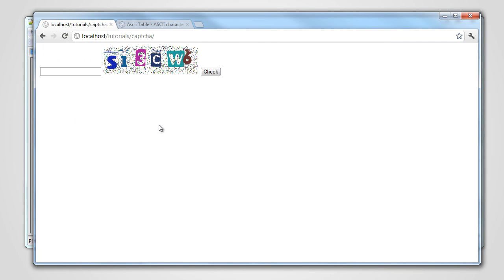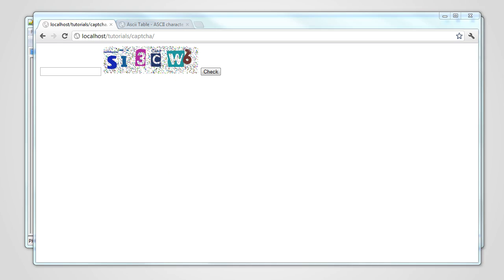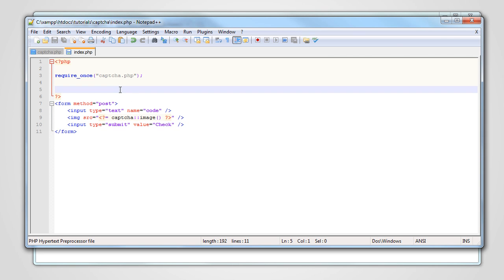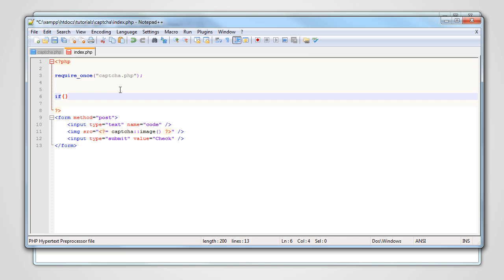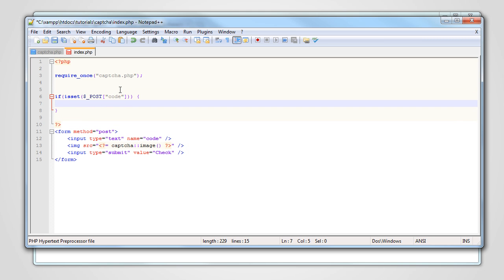Okay, so we don't have any labels, or it's not pretty, but it should be able to check our code to see if it validates. So let's check now. If isset post code, actually need to put this in quotes, if post code equals CAPTCHA get code,